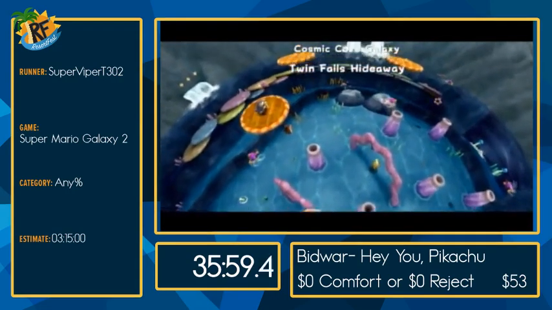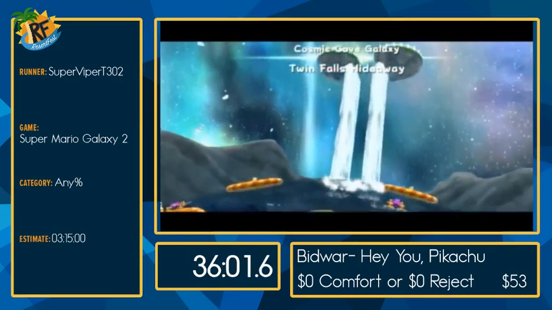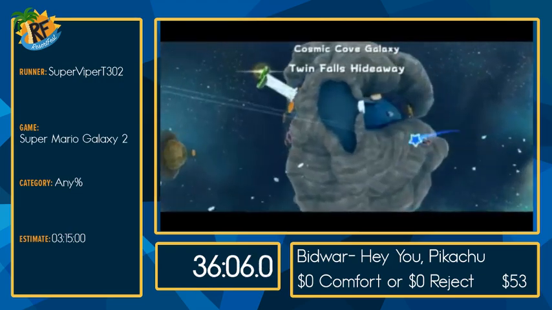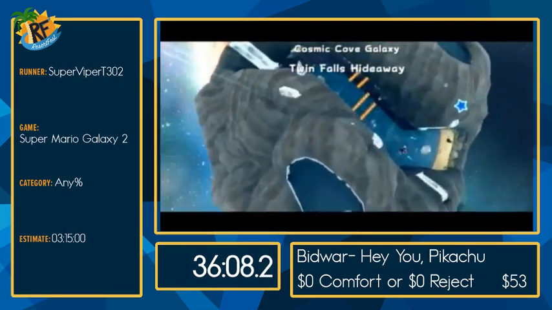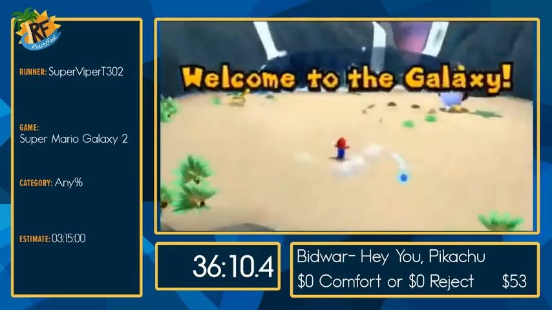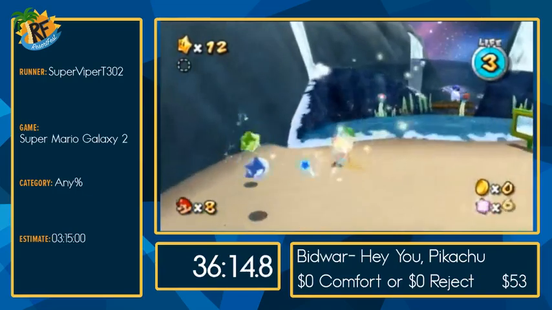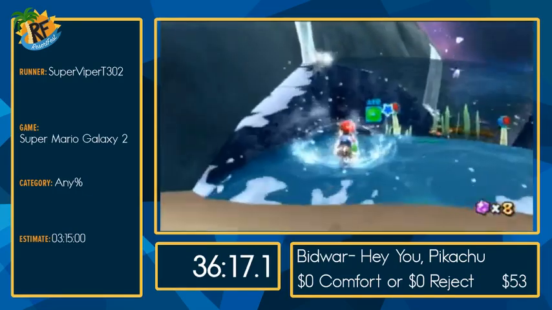So for this first star, I'm going to be collecting 15 coins to feed a hungry Luma. And the route here is a little strange. The routing for this galaxy overall is really strange, but it makes sense once I explain it. So I'm going to launch up over here and grab some star bits in the scuba shell and go underwater. I'm going to use these star bits to...